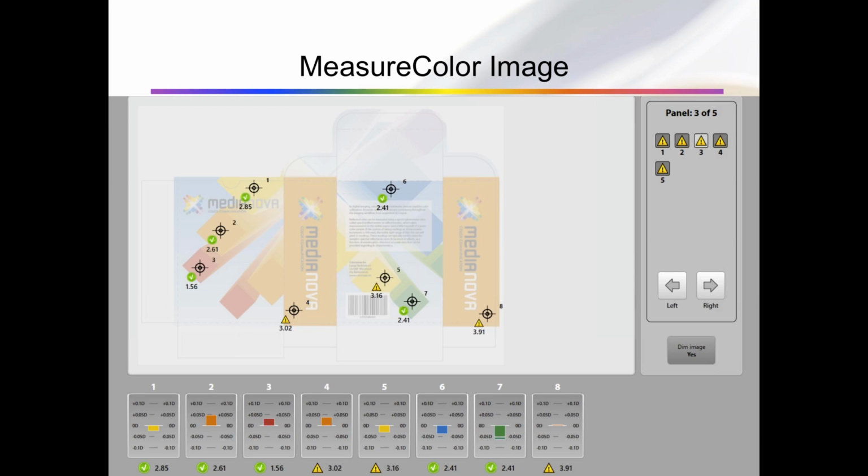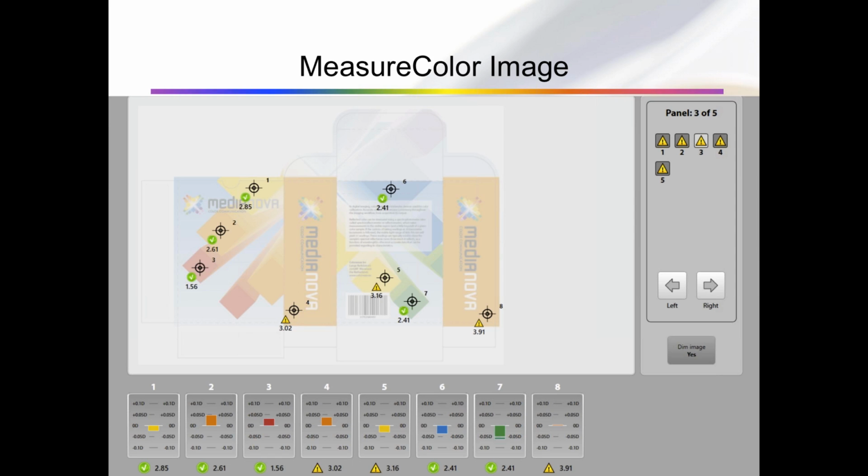If the brand wants verification for particular locations, it's important, but even more so than that, if you have one shift of operators that measures in one area and a different shift of operators that measures in a different one, well, it's going to be very hard to maintain the consistency between those two times of printing if they were measuring in different areas. So what MeasureColor Image does, it actually puts a picture of the material that the operator